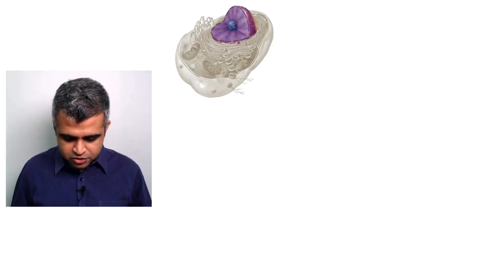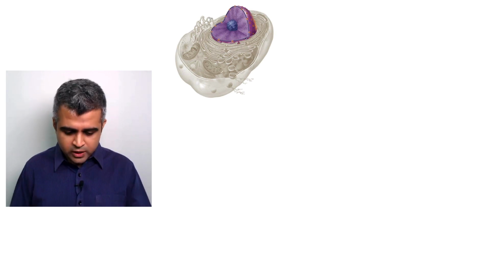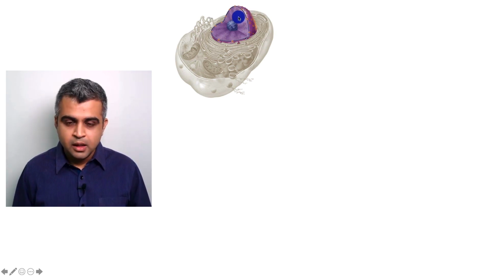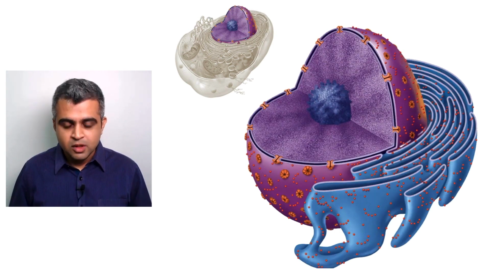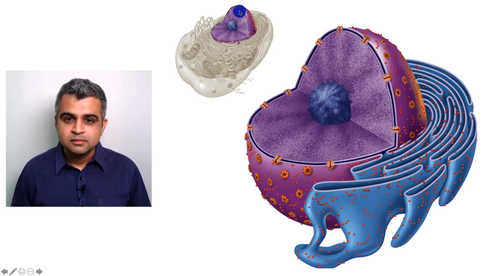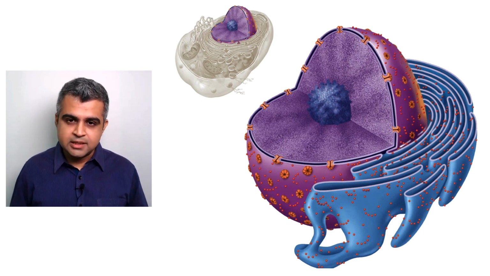So if we take this eukaryotic cell into consideration, you can now see that I have highlighted the nucleus and made the other parts less relevant. You can see that the nucleus is clearly visible, that organelle which you can see here is the nucleus. If I was to magnify it here, this is what you will see. So this whole picture is this nucleus which has been magnified. Has everybody understood that?